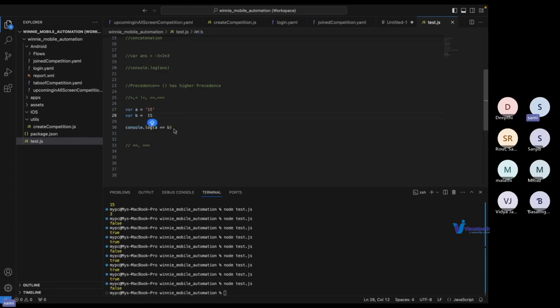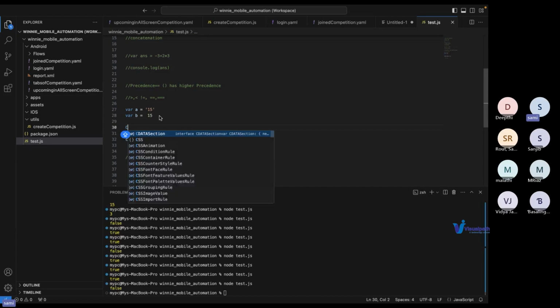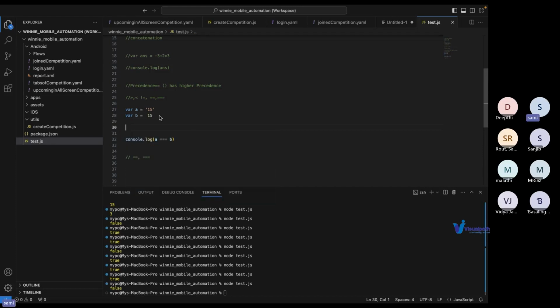If I do triple equal, it will throw false because it checks the type as well as the value. Let me make it more clear so that you will see the value. I will do console.log typeof